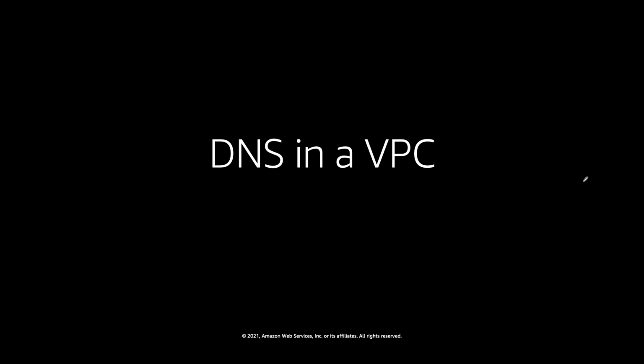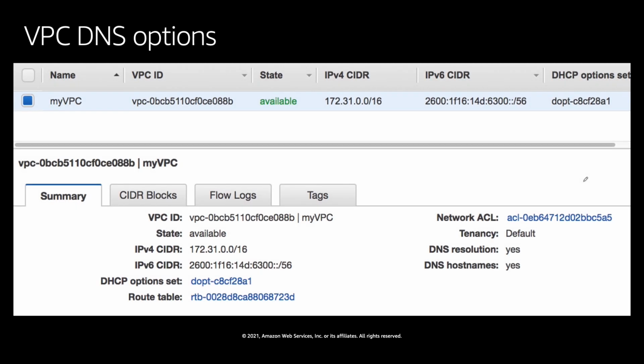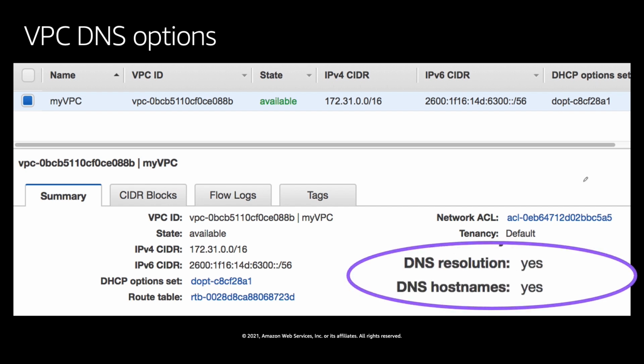All right, one last thing that we should talk about is DNS. When we talk about networking in general, DNS is very, very important, because we as human beings cannot remember IP addresses, right? And that's why AWS also supports DNS, and this is something that you get with your VPC. We have two options: one is DNS resolution yes, and another is DNS hostname yes, as you can see here.